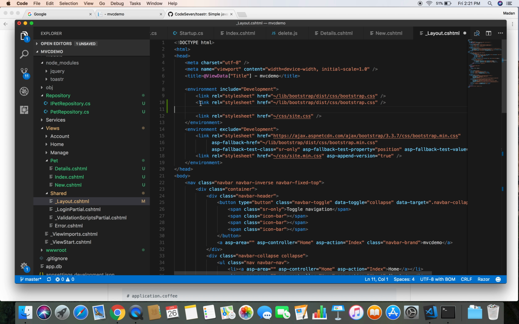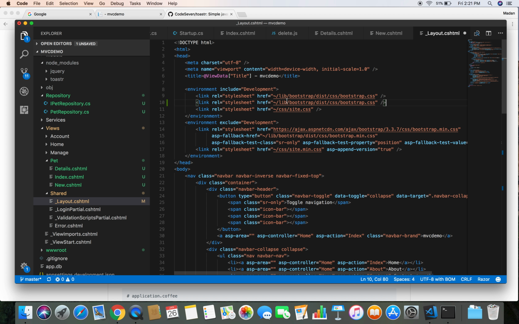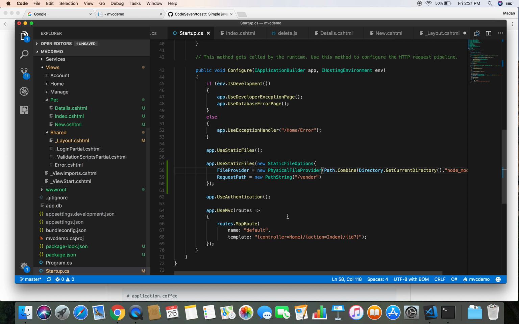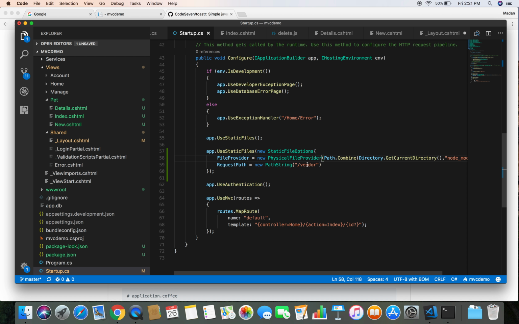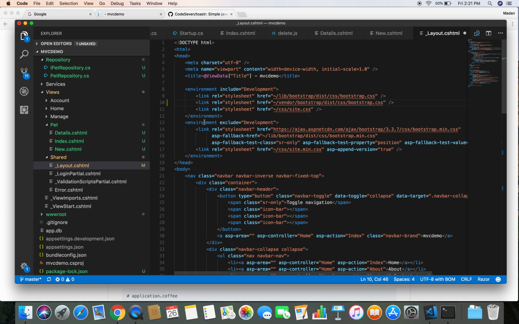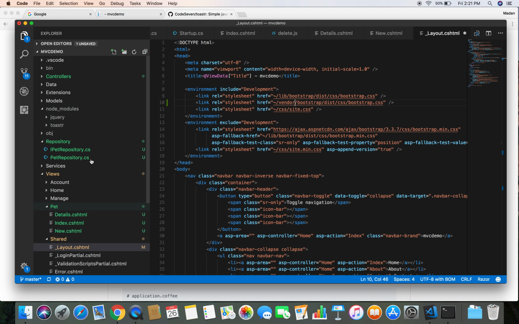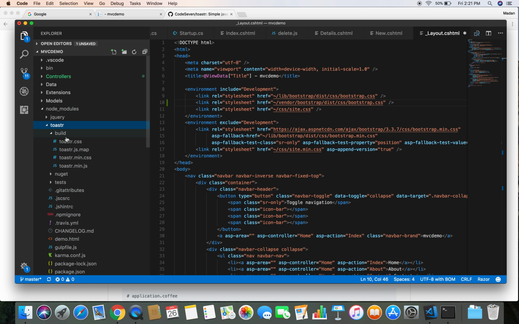I'm gonna copy this link and paste it here, and instead of library I can do vendor here. Now since we have configured this as vendor, when we do /vendor, it will point to the node modules directory. So we go to ~/vendor and we point to our toaster.css file,